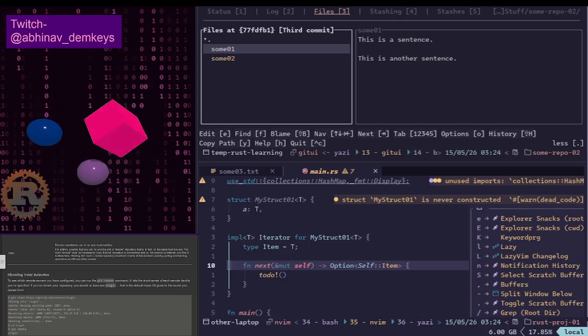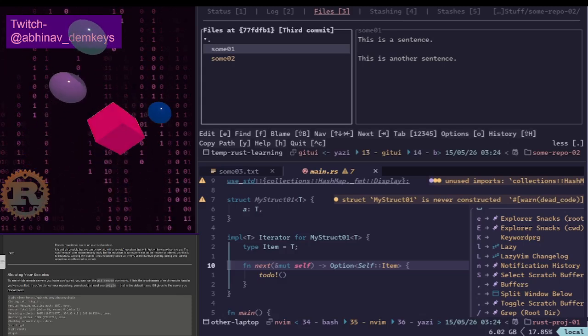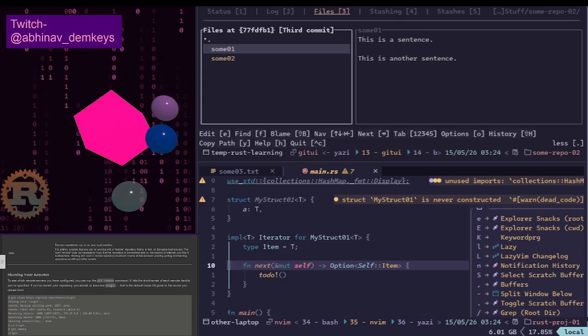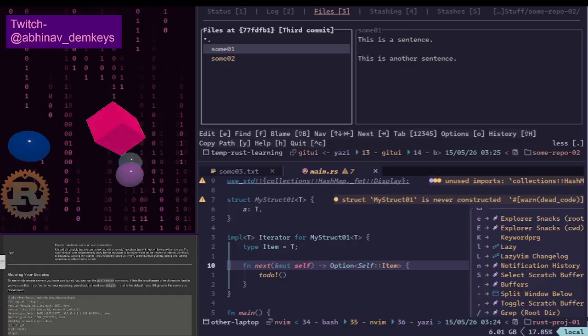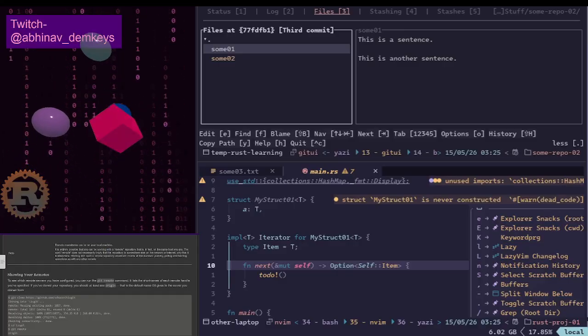I didn't take the time to learn this. In my defense, there was a lot to learn within NeoVim,